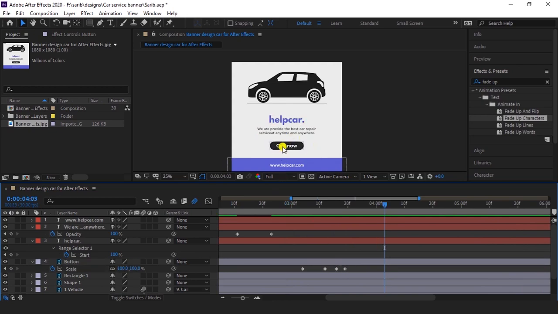Now we have to smooth our animation. So select all keys, hit F9. Now if you play your animation, we have to give space between the keys. So select 3 keys, hold Alt and drag your keys like me.